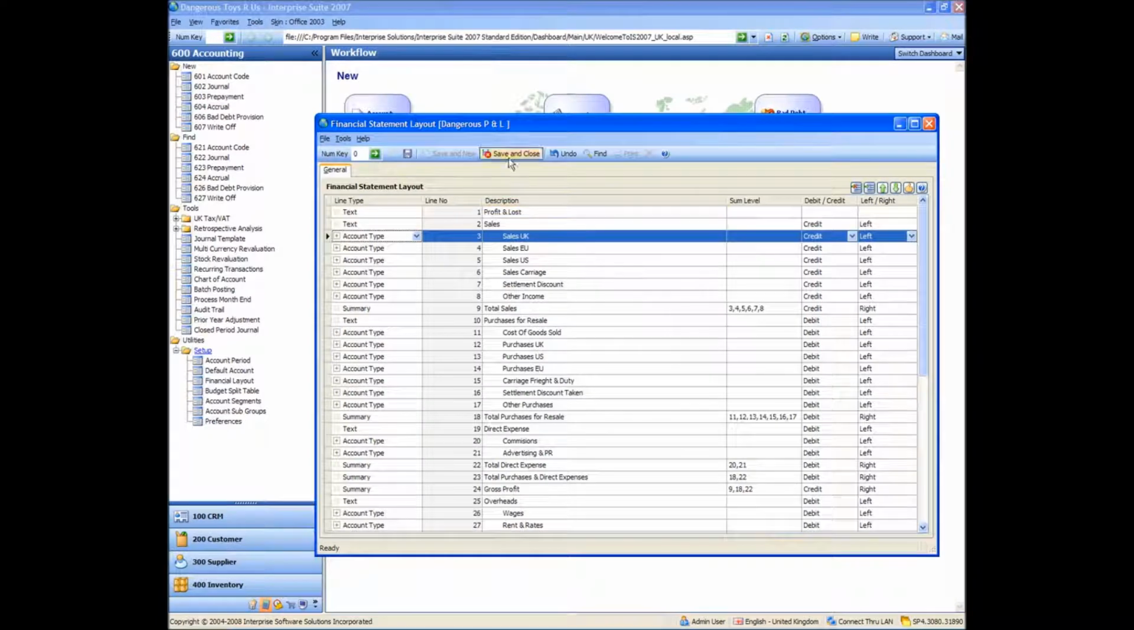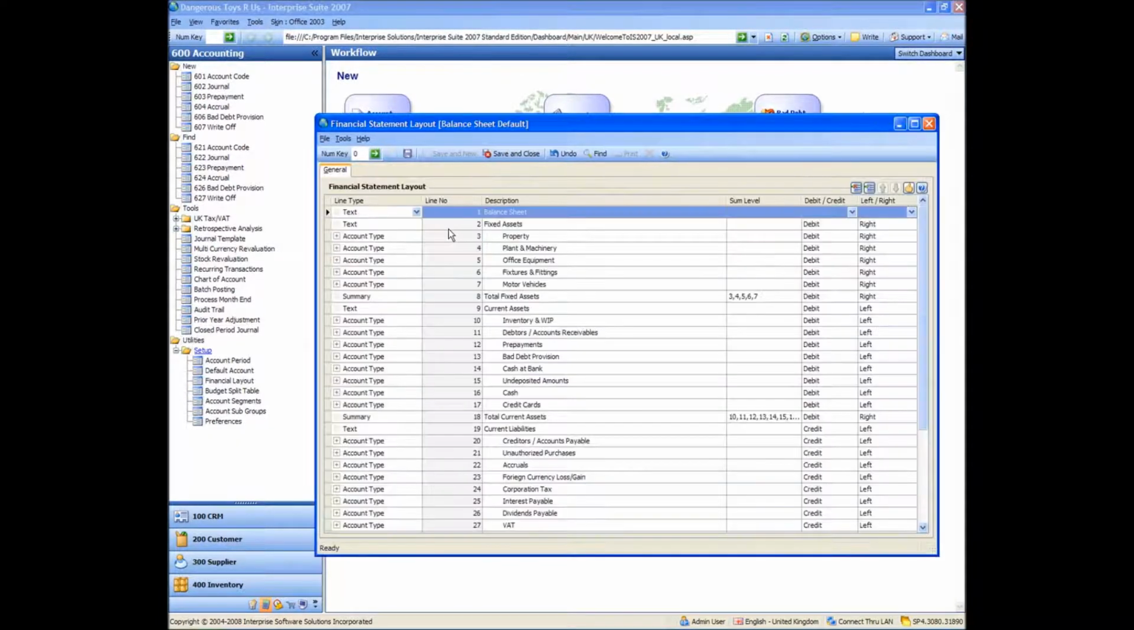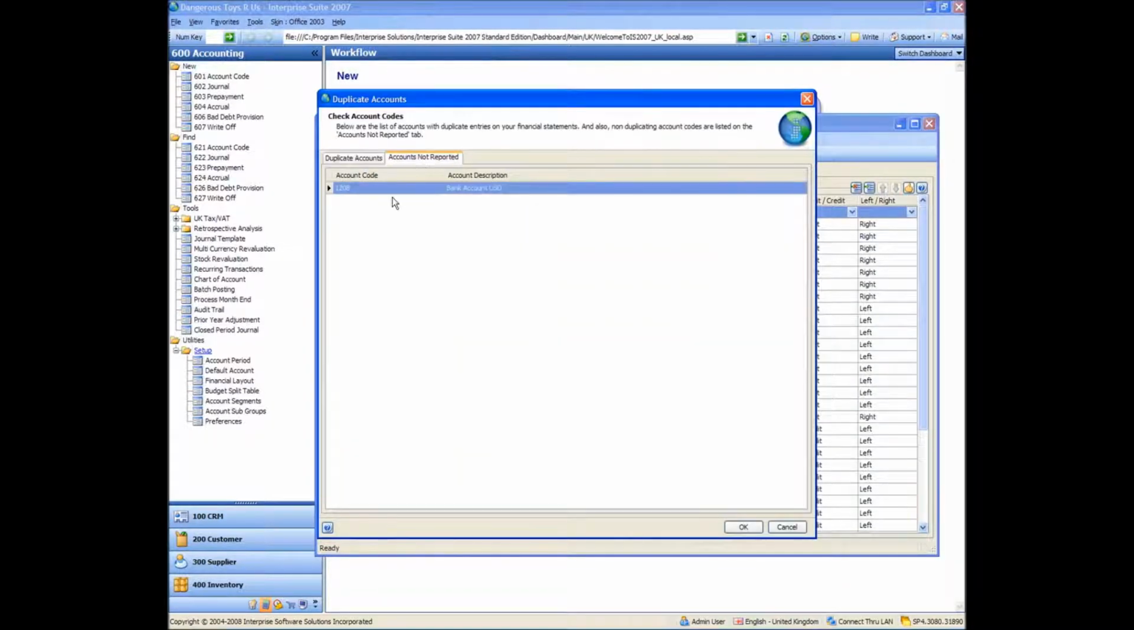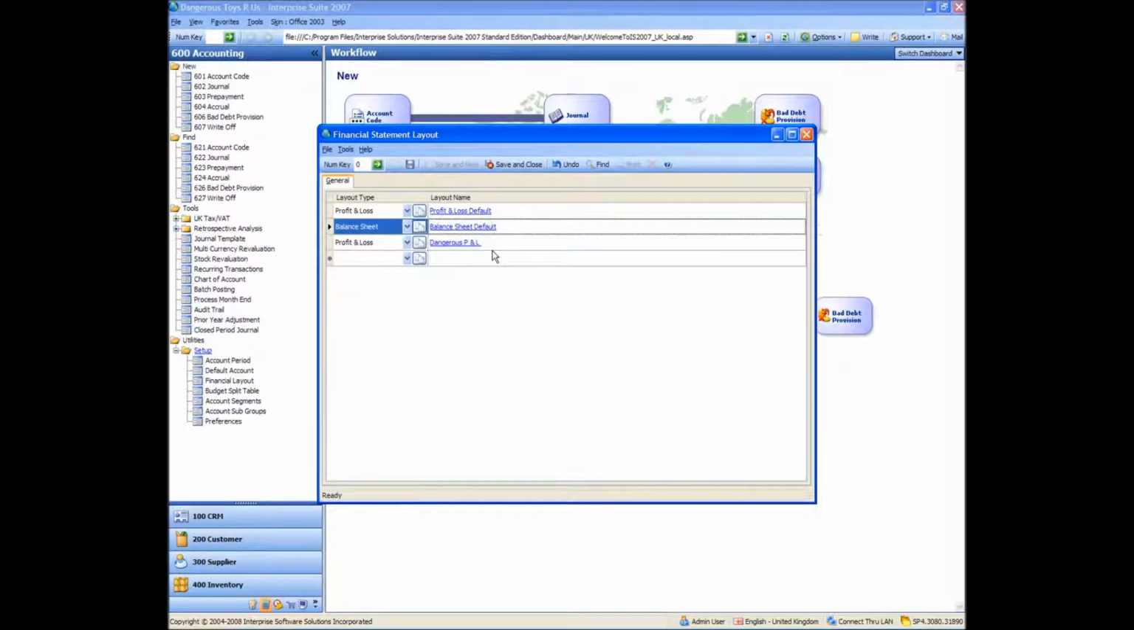I'm going to do exactly the same thing for the balance sheet. So if I go into the default balance sheet to start with, what I should find is that my bank nominal there is showing as not being reported. So obviously I can't amend my default balance sheet, so I must go and make a new one. So this time I'm going to copy my balance sheet,